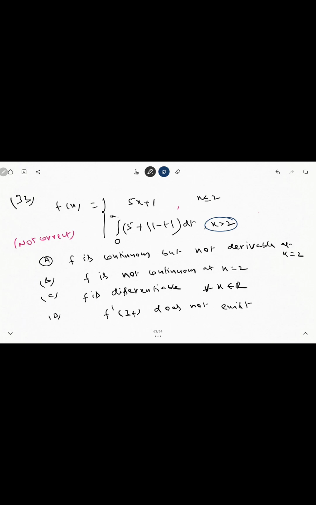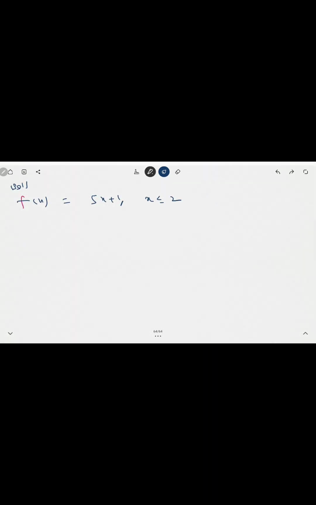X is more than 2, limits are 0 to x. So I have to break here at 1 because here the change point is 1 for t. What is the meaning of change point or breaking point? Where the mod is 0, that is called the change point. So let me write like this: